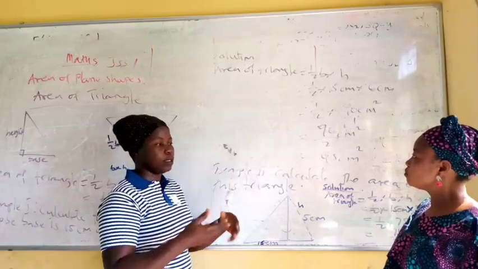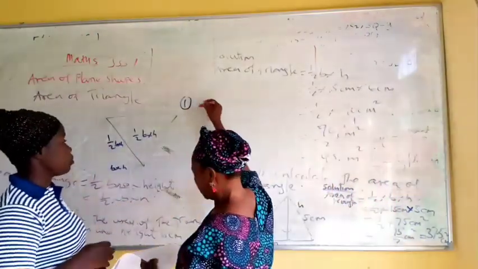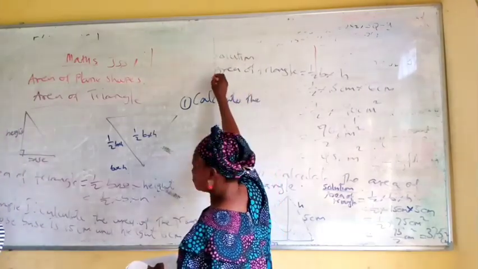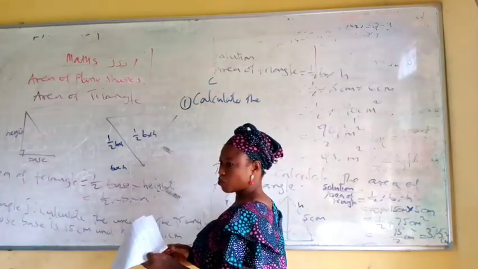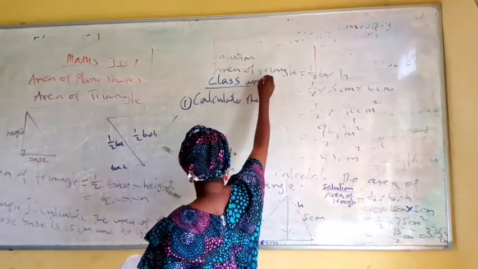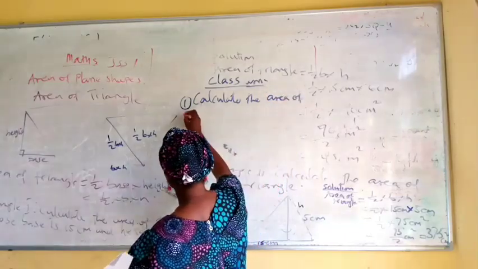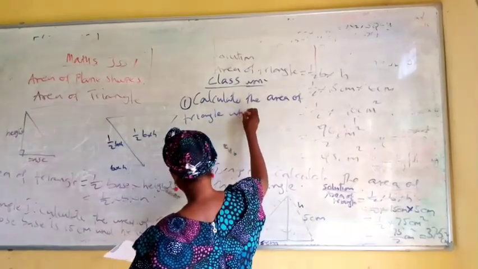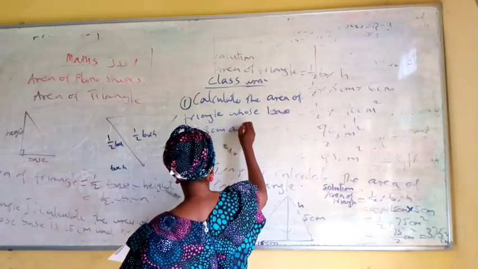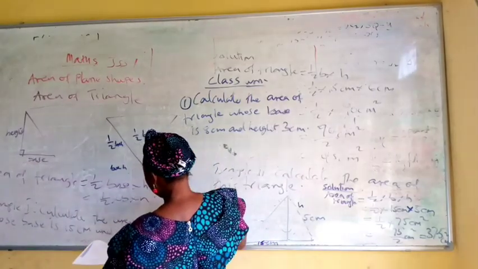And now for your classwork, there are 2 questions here for you. The first one: calculate the area of triangle whose base is 8 centimeter and height 3 centimeter. And the second one, calculate the area